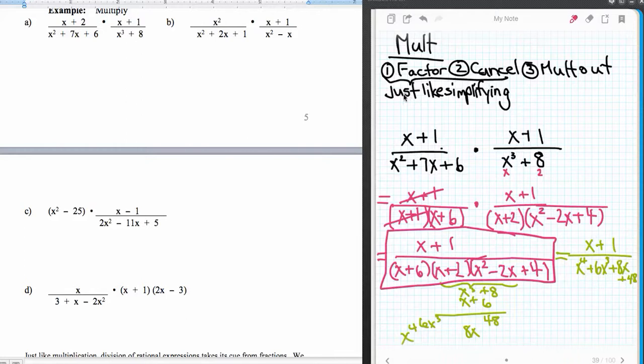All right, so that's a review of multiplication. Now I think you should copy down B, C, and D, do those on their own, and then come